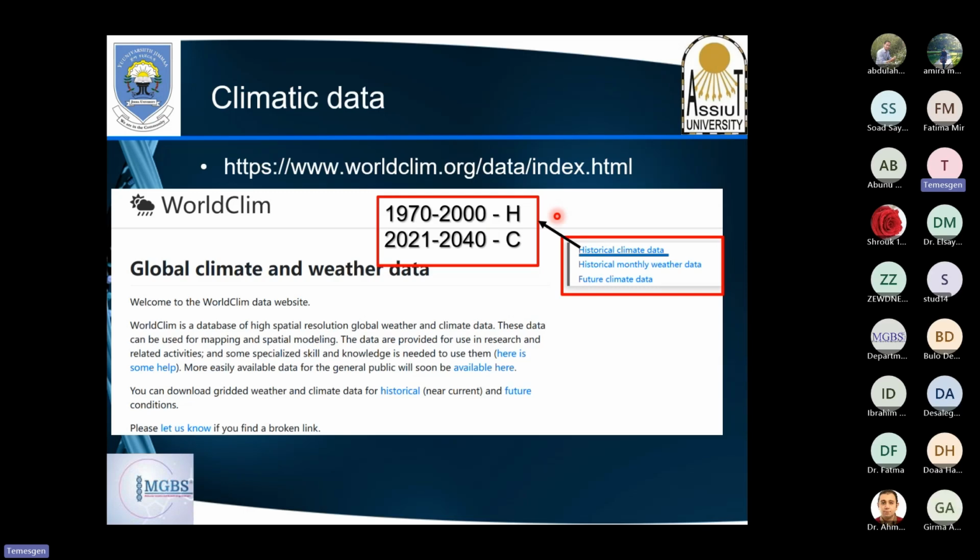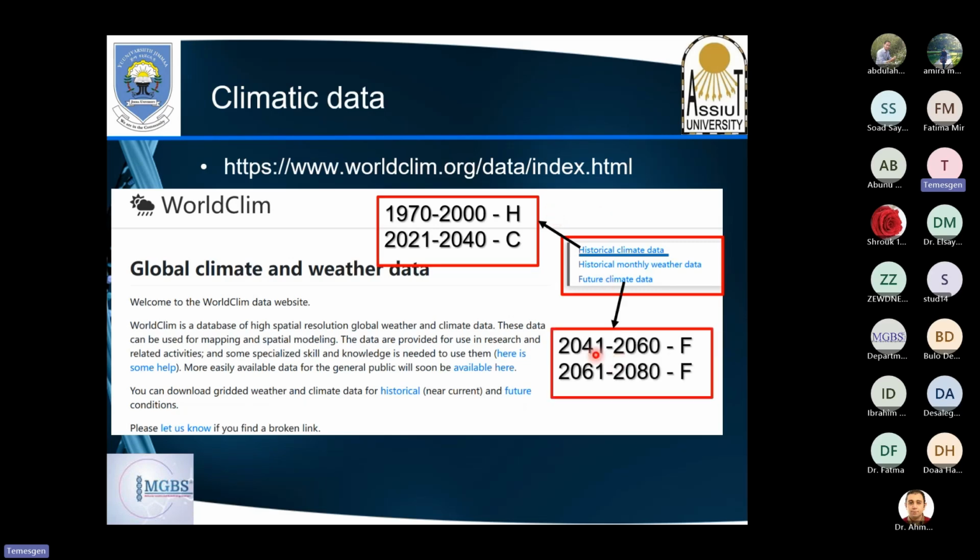We can use this historical data and look at which alleles are more related to that specific climate data. There is also future data, so you can get information on what the future will be, with predicted environmental data such as 2041 to 2060 and 2061 to 2080. They have averages of this climatic data, so you can use it to find